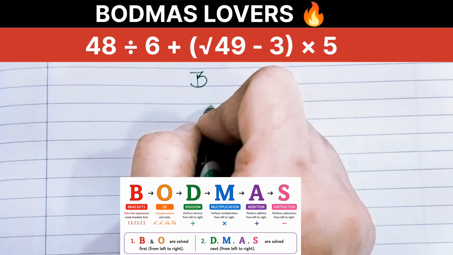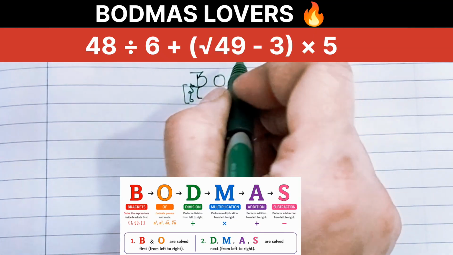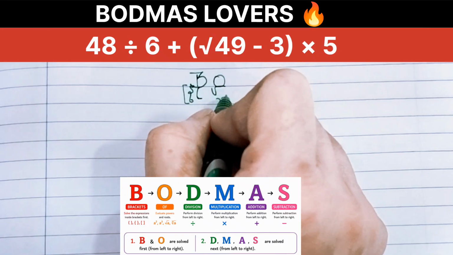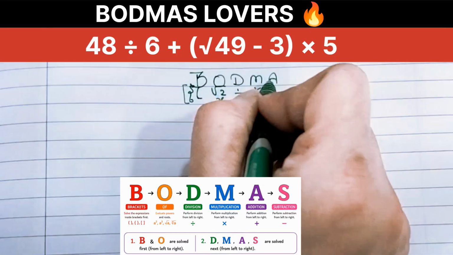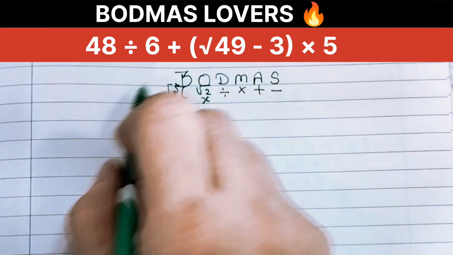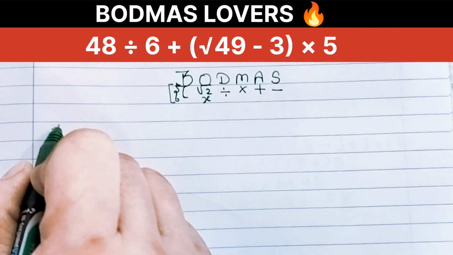Now here is a step-by-step simplification of this maths problem by using the BODMAS rule, which dictates the correct order of operation. First we solve the brackets: small bracket, then curly bracket, then square bracket. O stands for order, converting to multiplication; we solve roots and exponents. D stands for division, M stands for multiplication, A stands for addition, S stands for subtraction. Now according to this BODMAS sequence, we'll break down this expression with a step-by-step solution.